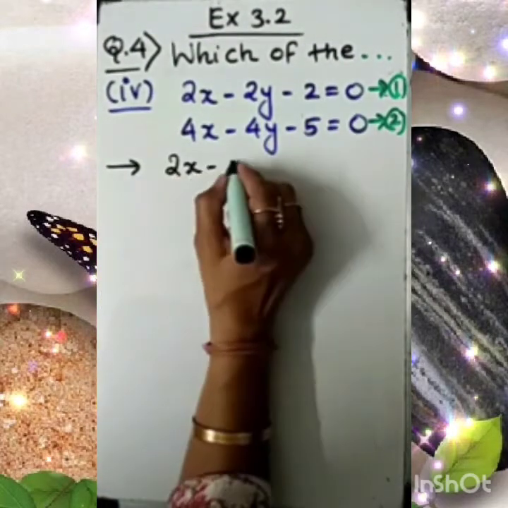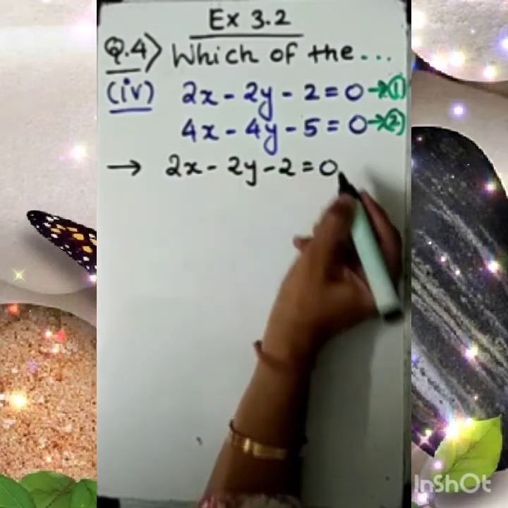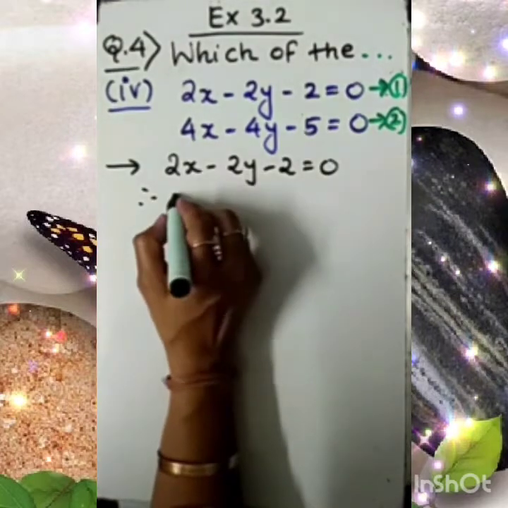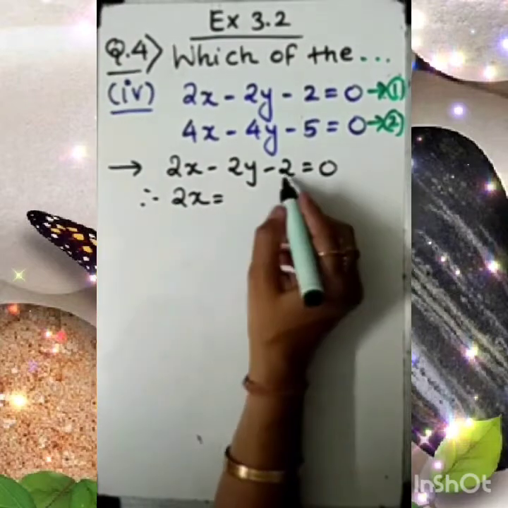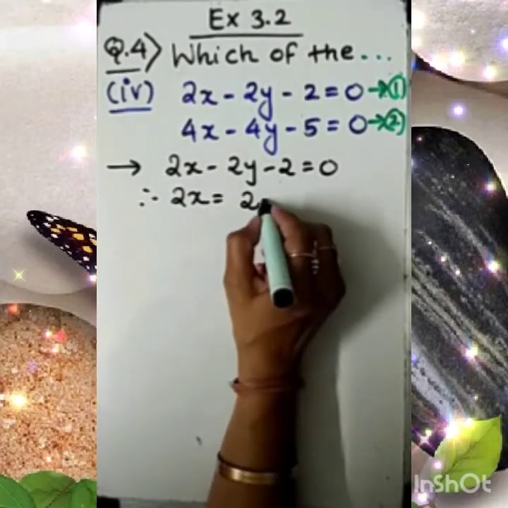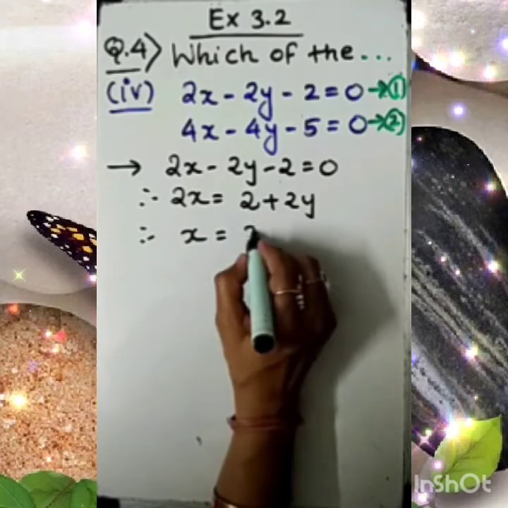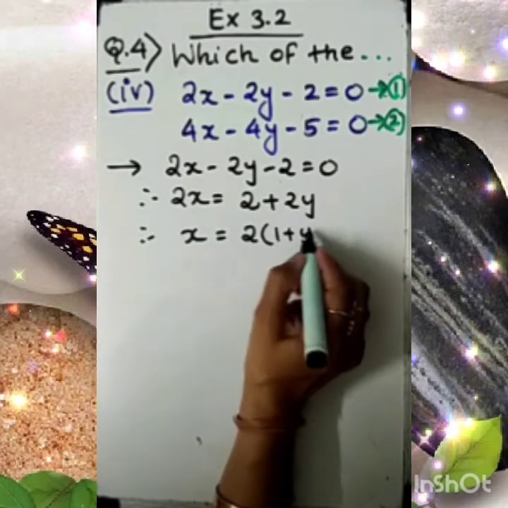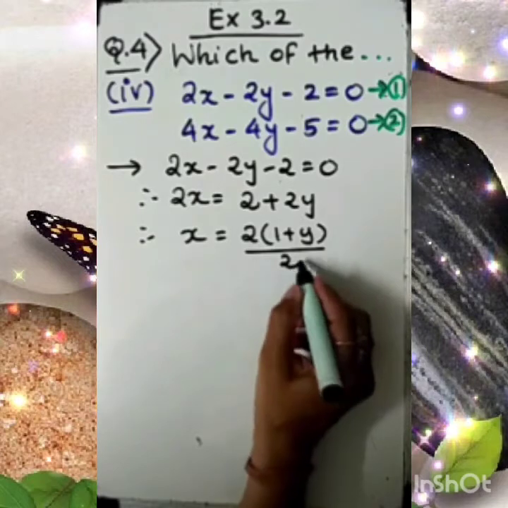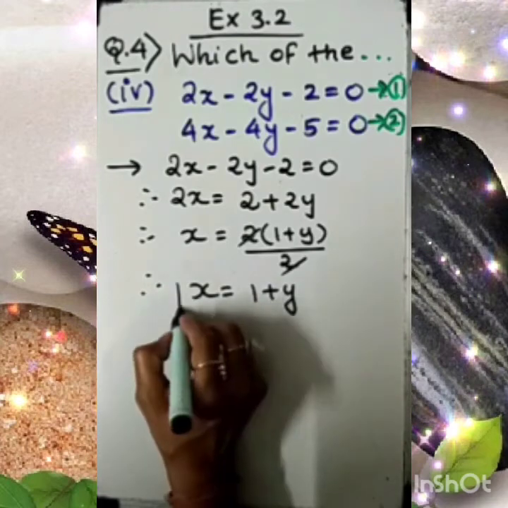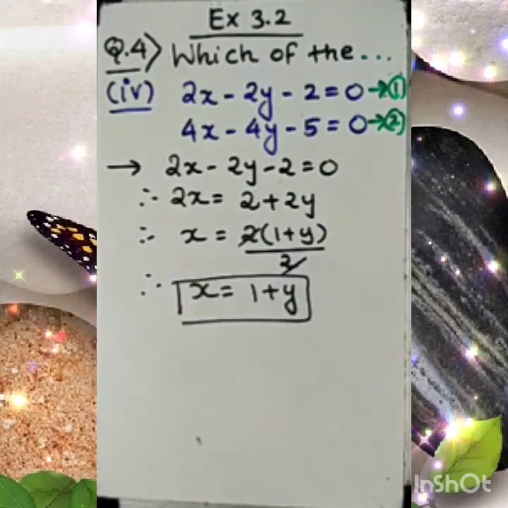First I am taking the first equation. Which variable do I want to make the subject? We have two choices, either x or y. So should I proceed with x? I should have 2x equals minus 2 transposed to that side, plus 2, and minus 2y will become plus 2y. So x equals, if I take 2 common from the numerator, then I will have 1 plus y, and 2 is already there in the denominator, so 2 cancels. So x equals only 1 plus y. Fine. This is our simplification, with x as the subject.